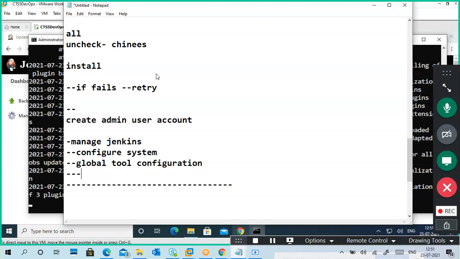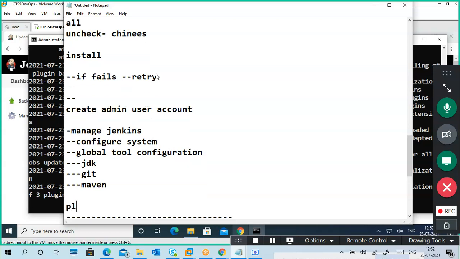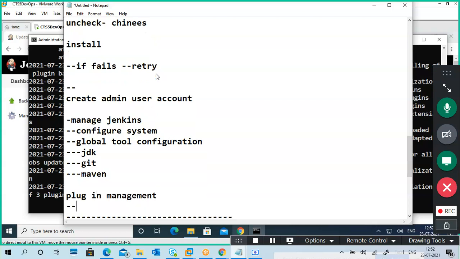Mainly JDK, Git. If you have tools like Gradle and so on, like Maven, Gradle, email account, you can configure that. Next, go to plugin management. Okay, go to available.